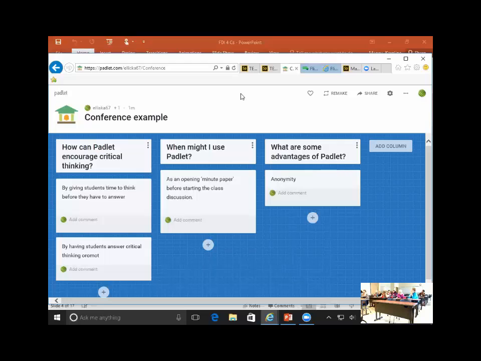Another reason why I like this is because I get all these great answers. I can save this as an image or as a PDF, put that image or PDF into Moodle and have it be the next step of a conversation. And again, it's very visual and easy to look at. And thirdly, there's 2 more reasons. The third reason is